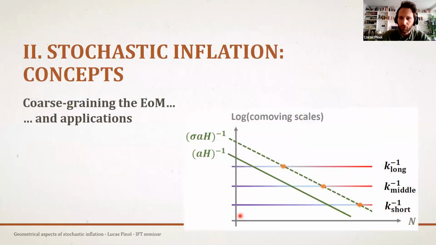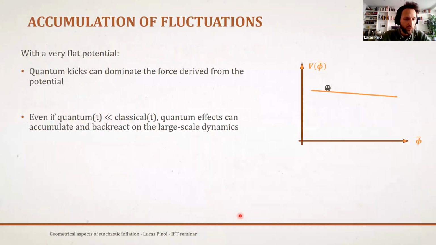Okay, so that was a bit quick, but this is because I want to go to stochastic inflation, which is quite different. The previous picture does pretty well when you have this cosmological perturbation theory, which is a homogeneous background and some small fluctuations. But this may not always be the case, actually.